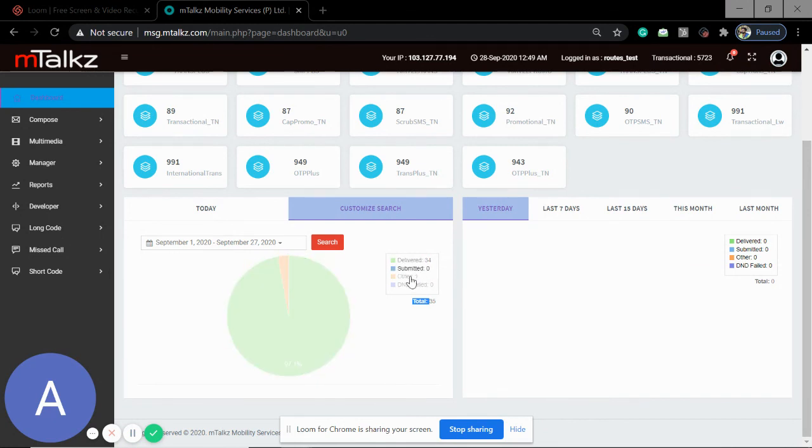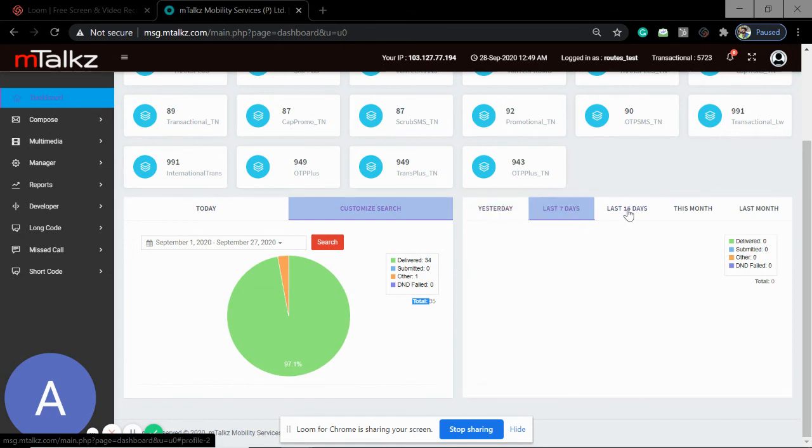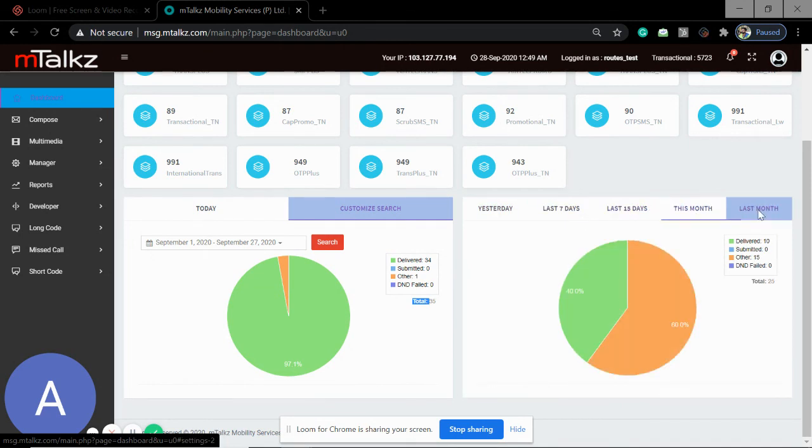I'll explain the different meanings of all this in a later section. You can also get a summarized report, or a report of the last 7 days, last 15 days, this month, last month, everything in the dashboard section.